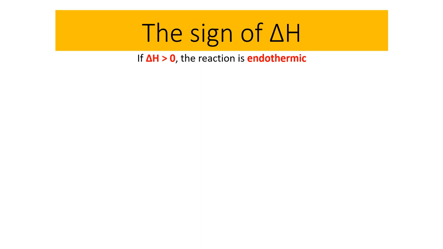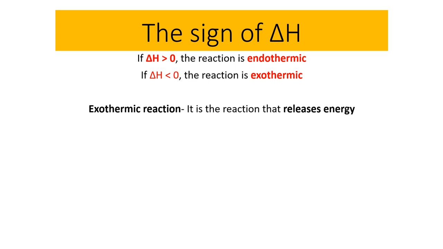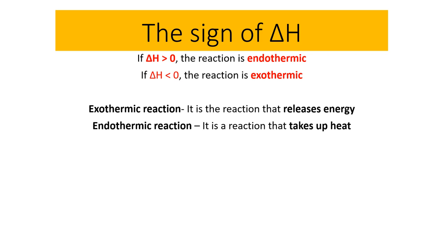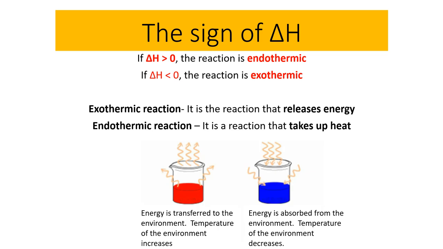Now let's get to endothermic and exothermic reactions. If delta H is bigger than 0, if it's a positive number, say 300 kilojoules, it shows you that the reaction they're talking about at that stage is endothermic. And if delta H is smaller than 0, then the reaction is exothermic. Let's explain that. An exothermic reaction is a reaction that releases energy, and an endothermic reaction is a reaction that